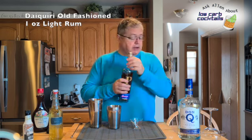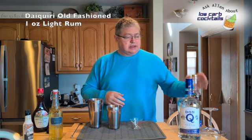And then 1 ounce of rum. And just use a light rum. I like this Don Q. It's a white rum. It's relatively inexpensive. It does have a little bit of rum funk, so